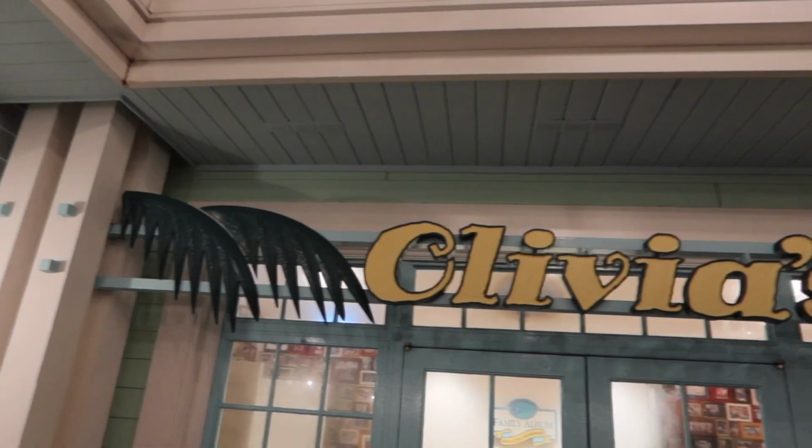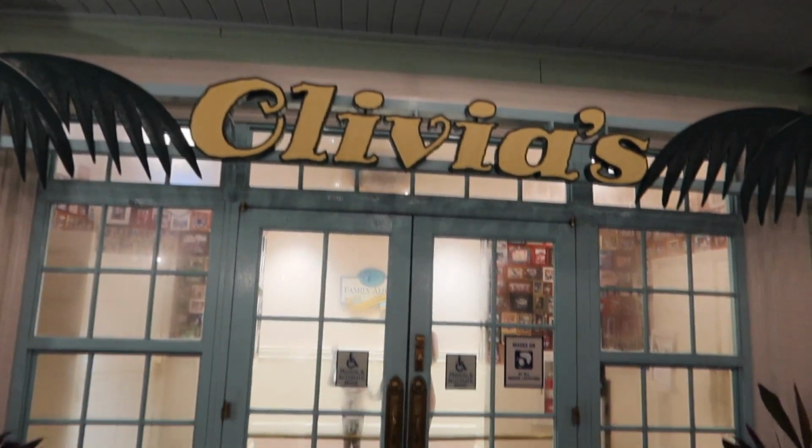Let's go ahead and go to our next pro, which is Olivia's Cafe. Okay, we've heard great things. I've looked at the menu. A lot of conch fritters, key lime pie, things like that you would think you would get in Florida, seafood. Easy to get advanced dining reservations at. We decided not to eat there, but it would have been on our list